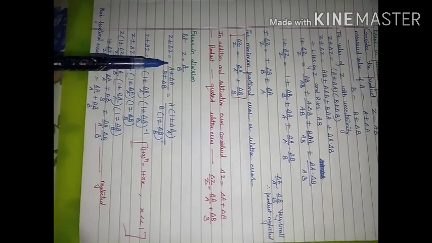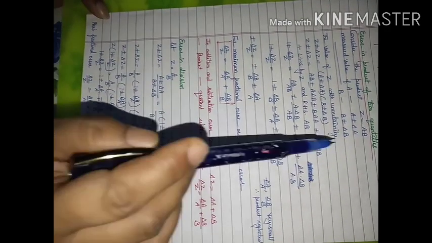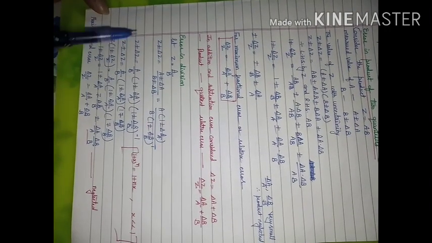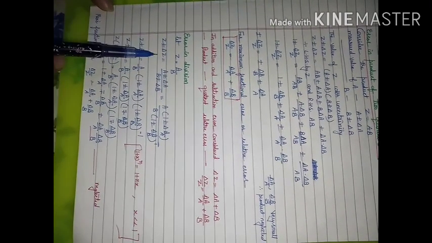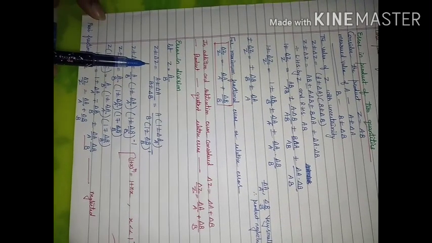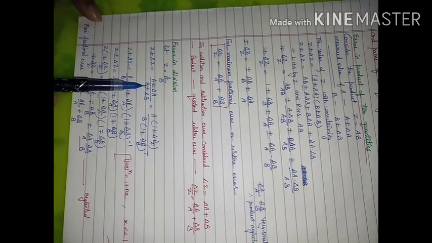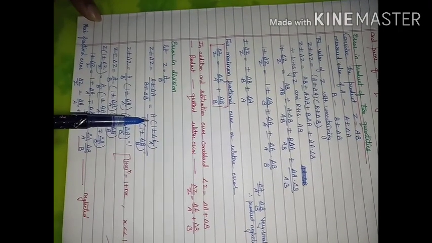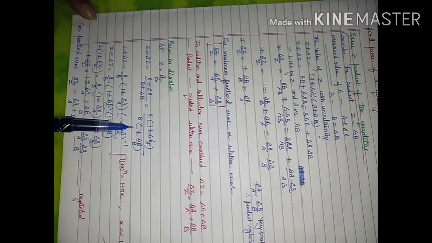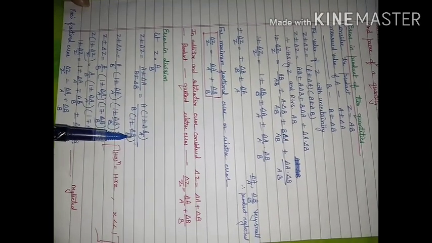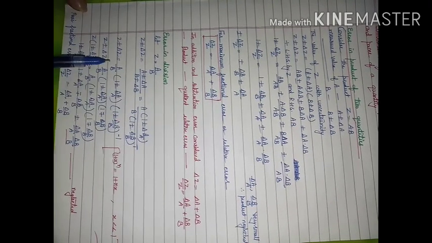What happens when we consider the case of division? Let us consider in case of division, Z is equal to A upon B. And the measured value of A we have already mentioned, A plus minus delta A. The measured value of B is B plus minus delta B. So this is a result with uncertainty, that is Z plus minus delta Z. A you will take out common from the numerator and B you will take out common from the denominator. So we are left with A within bracket 1 plus minus delta A upon A. And in the denominator B, 1 plus minus delta B upon B raised to power minus 1, I have shown here. This is A upon B.